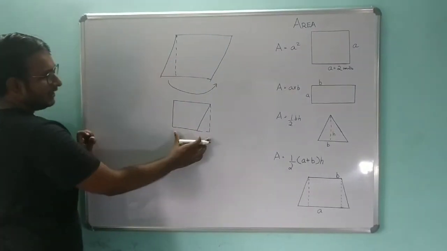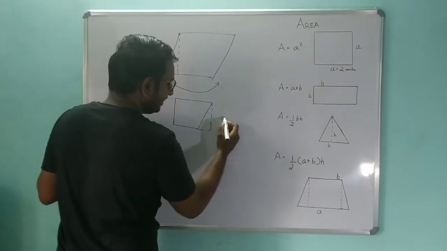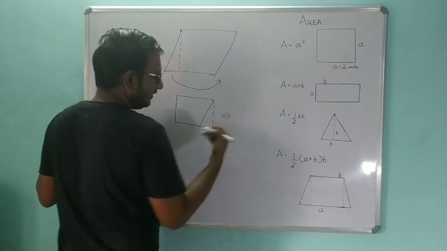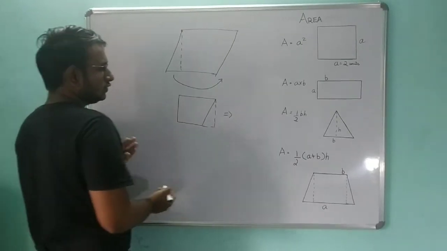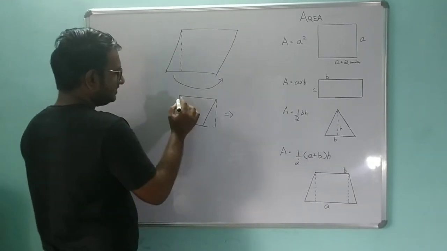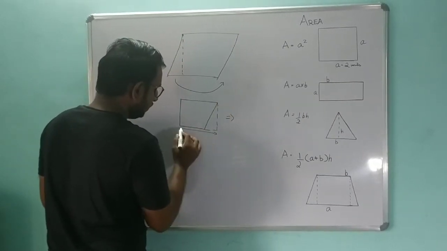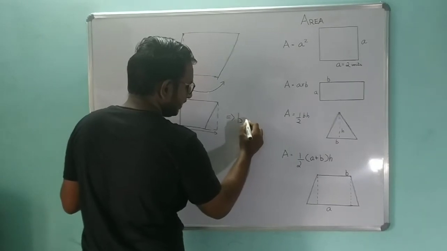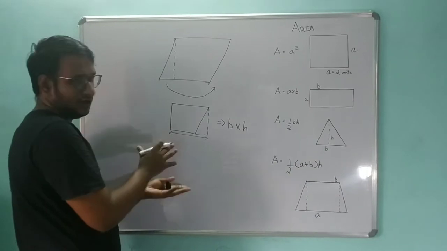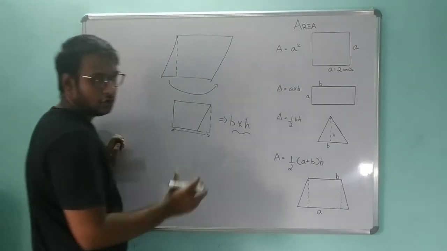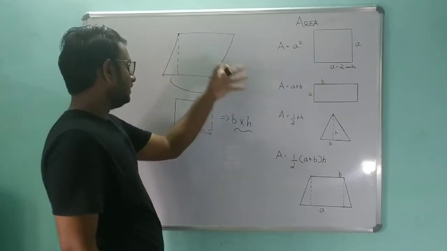You can see now it became a parallelogram, now a rectangle. So we can easily say that this is similar to a rectangle, and we can apply the same area formula of a rectangle. The difference is here we will mention this as height and this as base. So the formula becomes breadth into height. This is how we evolve the area of parallelogram formula. We just use the area of rectangle formula and applied over here.